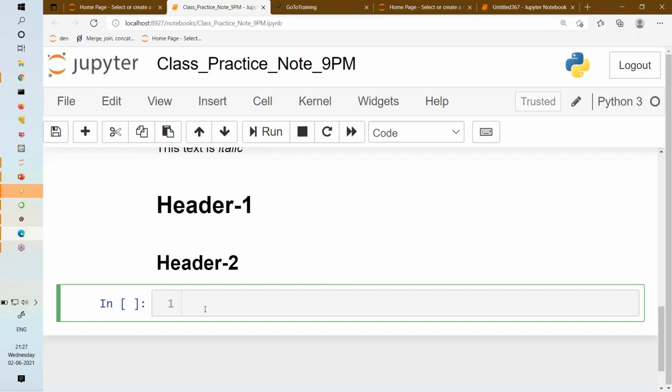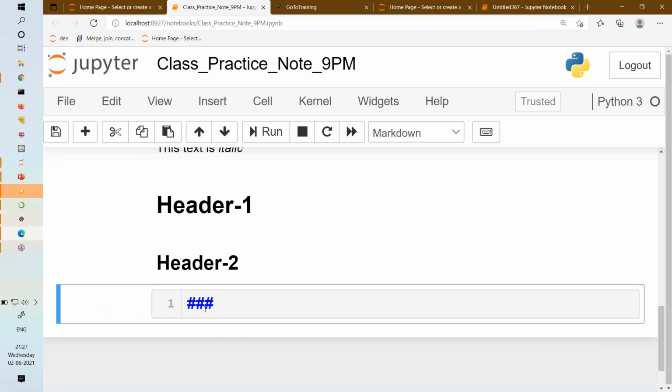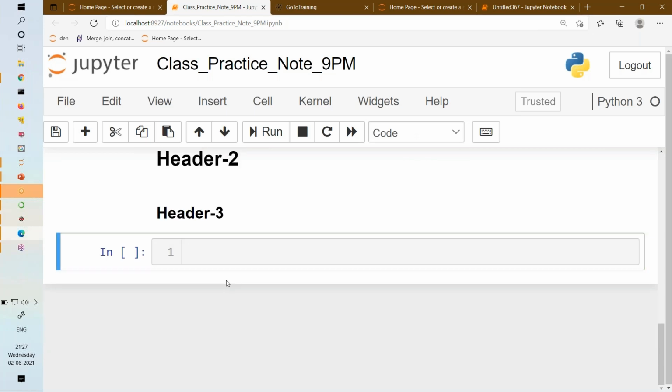Let's say I want to give another subheader. I press escape and then 3. Can you see? Immediately 3 hash came. Escape and 4 means 4 hash, escape and 5 means 5 hash. So 3 means header 3, and this header will be even smaller than the one before. This is my header 3. Again, escape 4 gives header 4, which is again smaller.